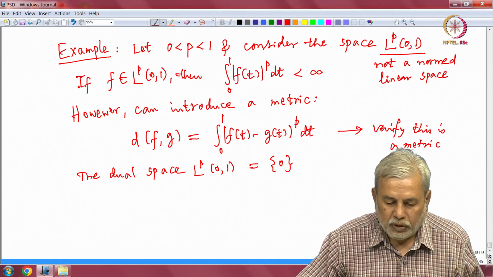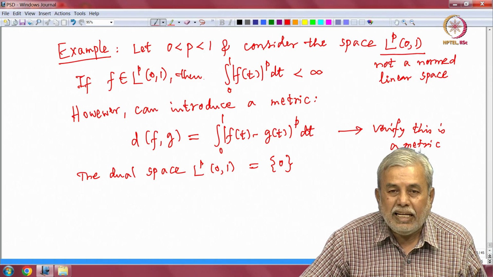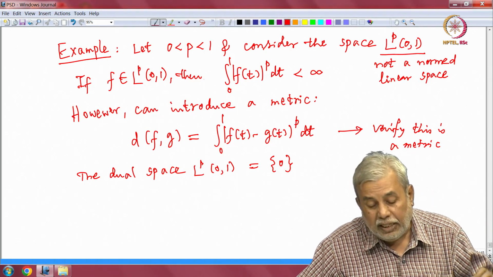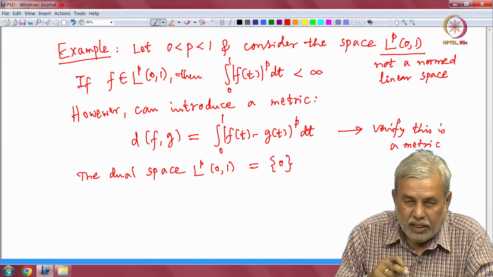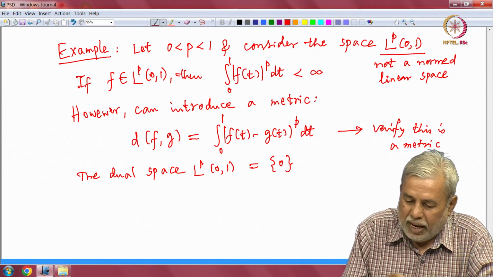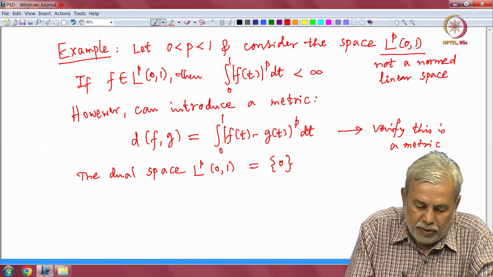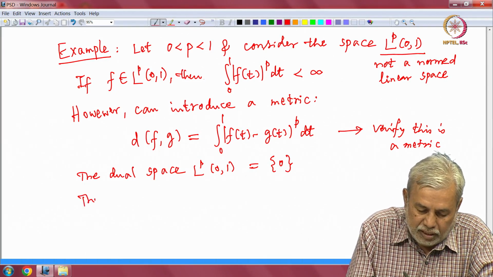Any continuous linear functional on LP 0 1 for this range is just 0. The main reason for this thing, okay, the reason for